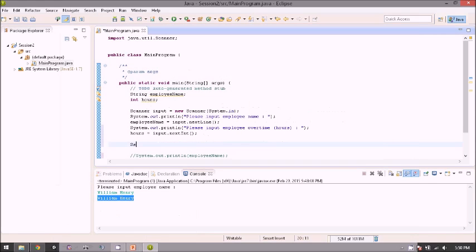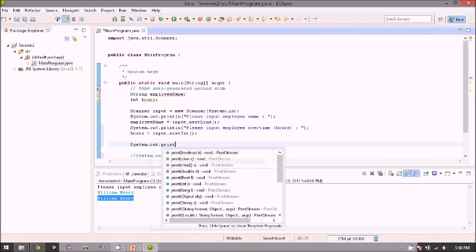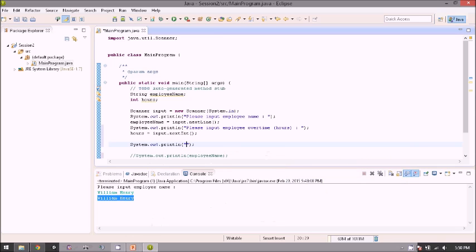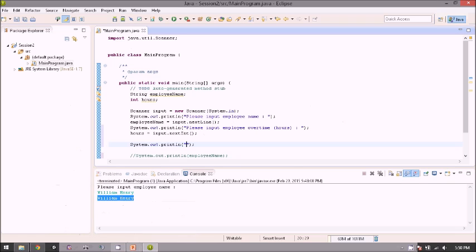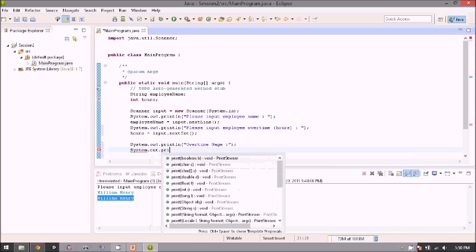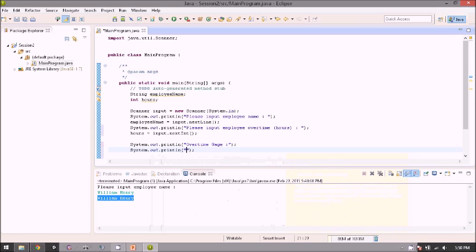So just System.out.println, let's say "Overtime wage", and after that we need to print the employee name. So we need to type like this: "paid to Mr. or Mrs." and use this character.